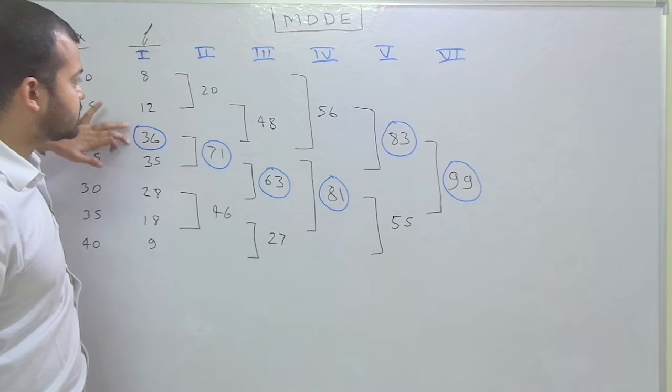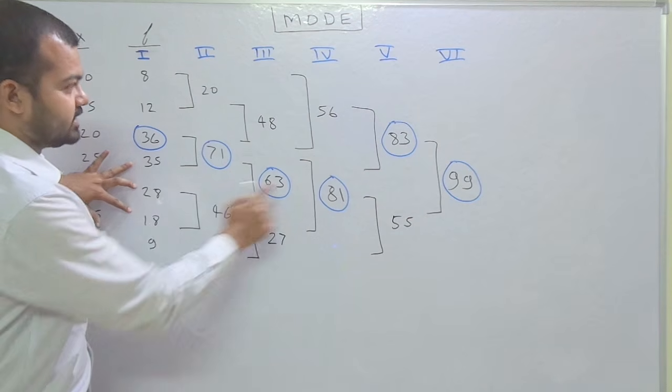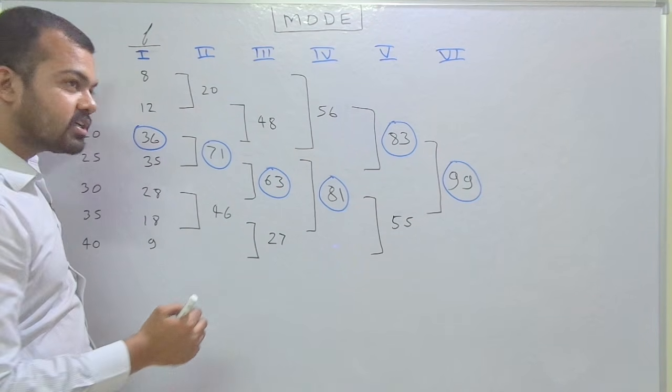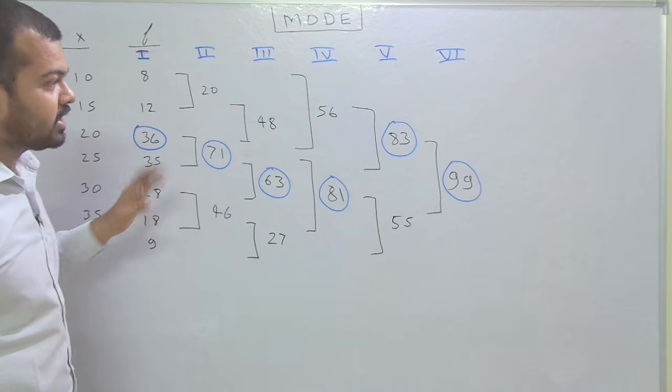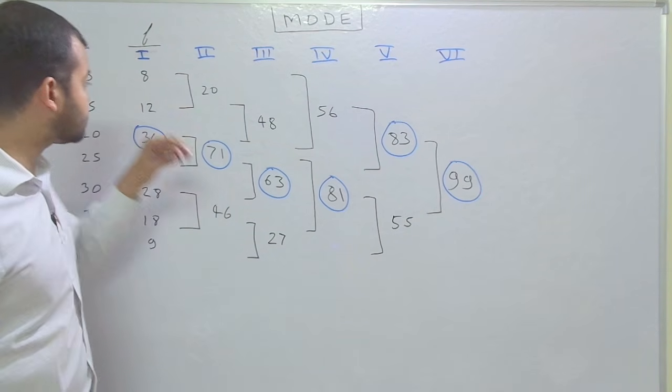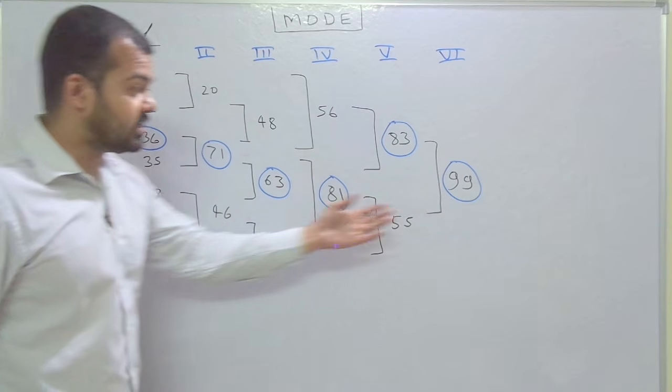It means 8, 12 and 36, that is 56, and the next three, 35, 28 and 80. In the next column, we have to leave the first one, then we have to keep calculating 3 and 3. And in the last column, we have to leave the first two, that is 8 and 12, and then pair it in 3. So the highest value.